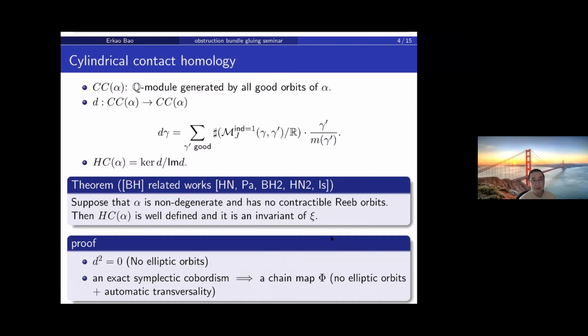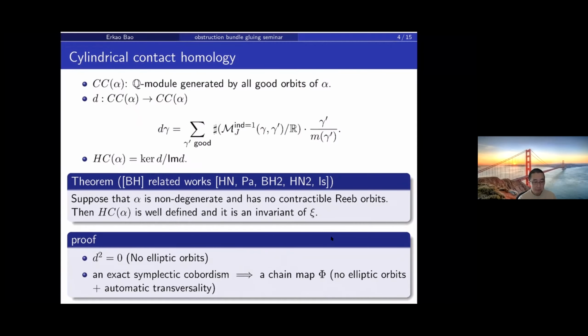It's bad in this special case if it's an even cover of a negative hyperbolic orbit, and we need this for orientation purposes. Otherwise, the moduli space of holomorphic curves needs to be coherently oriented, but I don't want to go there. The main result we want to cover today is